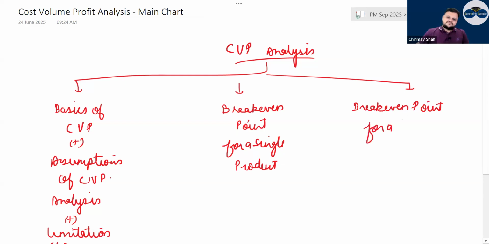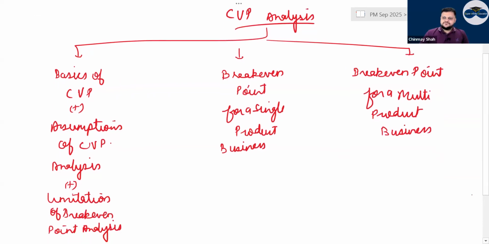ब्रेक इवन पॉइंट फॉर अ मल्टी प्रोडक्ट। सिंगल प्रोडक्ट बिजनेस, मल्टी प्रोडक्ट बिजनेस, करेक्ट, राइट। ये तो सारा पूरा एक फुल फ्लेज, बहुत बड़ा दो पोर्शन है। ब्रेक इवन पॉइंट फॉर अ सिंगल प्रोडक्ट एंड ब्रेक इवन पॉइंट फॉर मल्टी प्रोडक्ट।